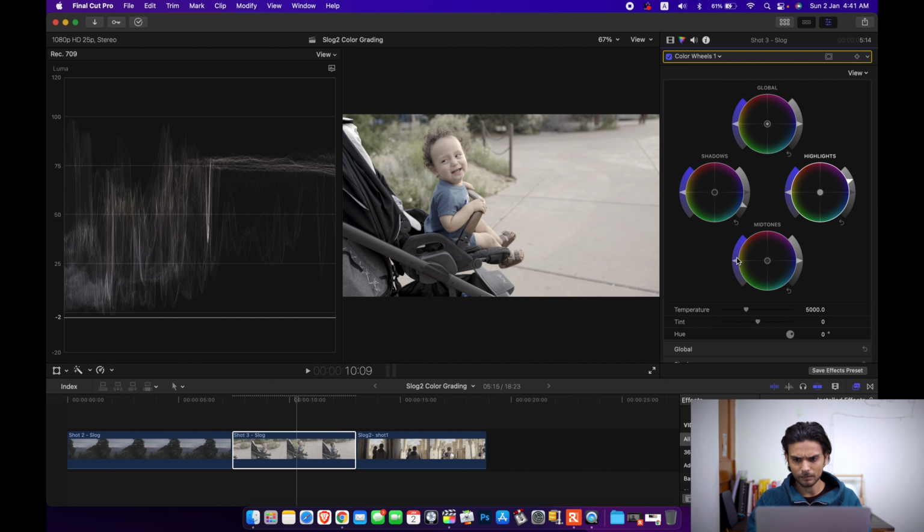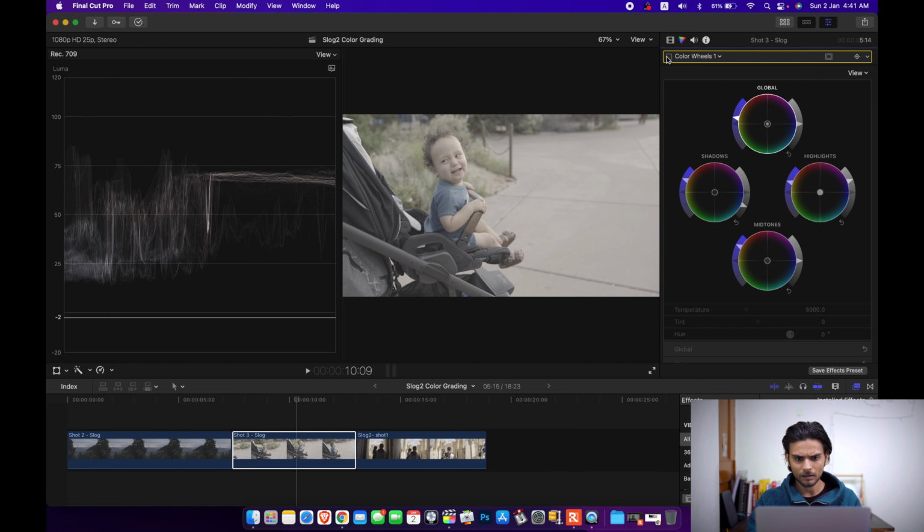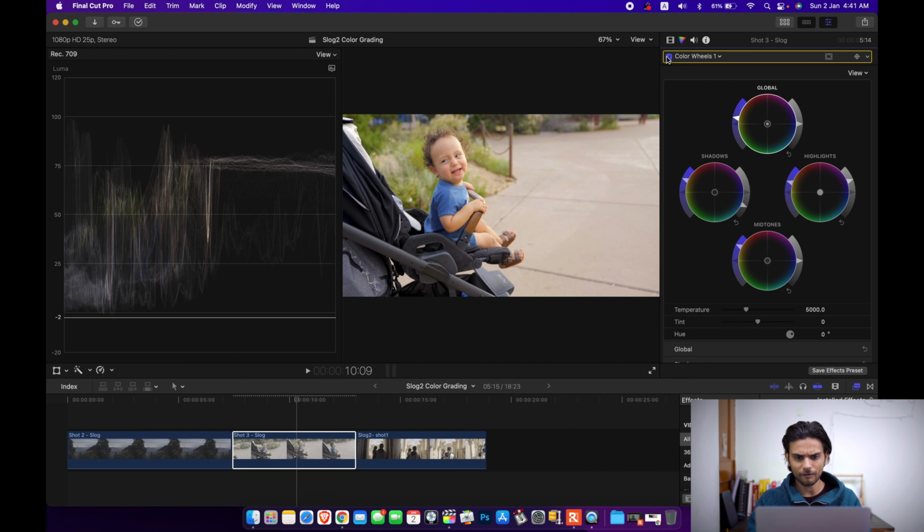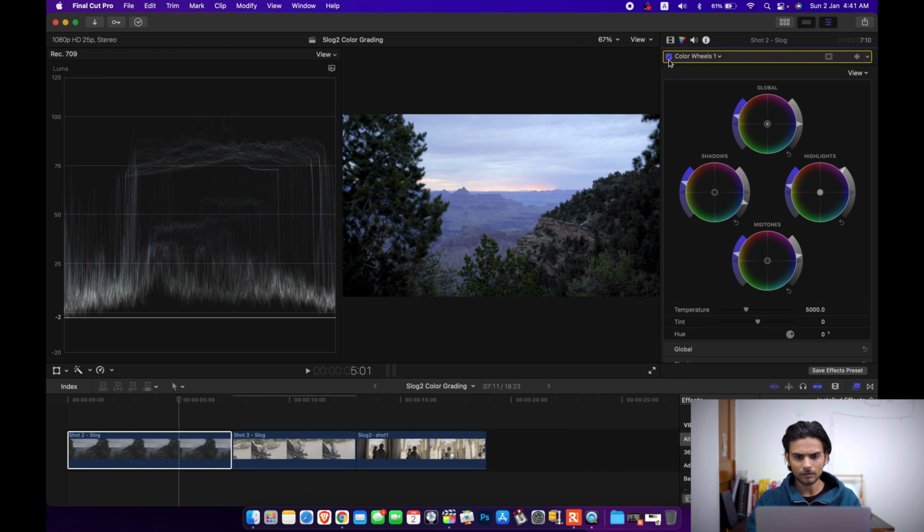And let's add some color to the midtones. See how beautiful it's looking. And a little to the shadows, as much as you want, just a little. So you can see how cool the difference is. By just taking shadows to 0 and highlights to 100, you will achieve this look.